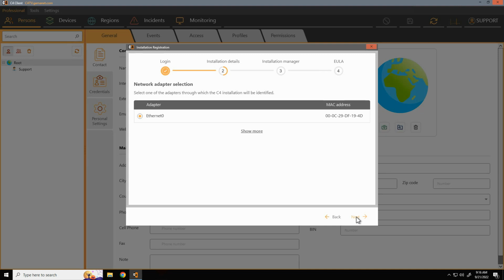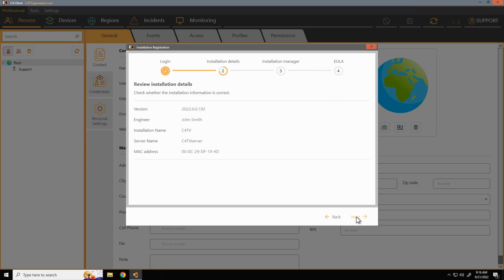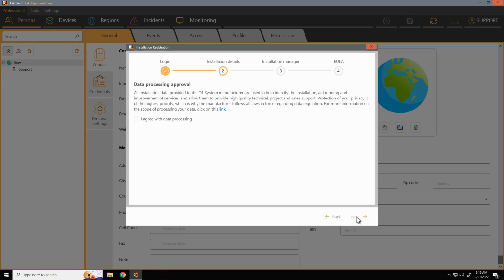If you wish to identify your C4 installation by another type of adapter, select the Show More option, which displays all C4 server adapters. Before the next steps, the registration form displays the inserted data for you to check and confirm.